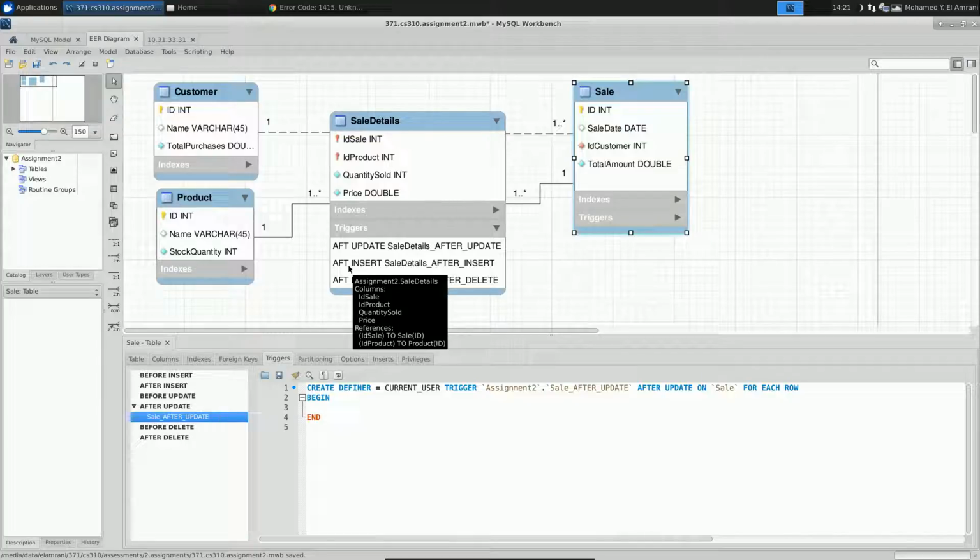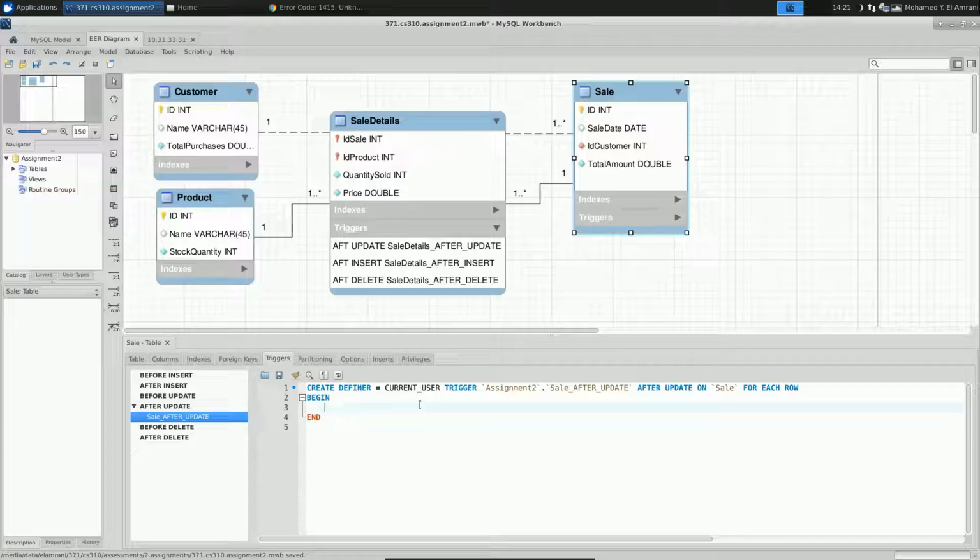Because every time I delete something from sale details, it's going to update the sale. So imagine there's a sale number 3 that I would like to delete, and sale number 3 has 3 products. I will have to execute 3 deletes for each one of those products before I can delete the sale. So each one of these 3 deletes in the sale details is going to generate an update for the sale. I delete this line, update this. I delete this line, update that. I'm going to update the total amount every time. So actually I don't need any other trigger except this one,